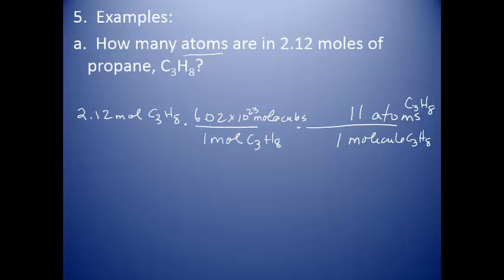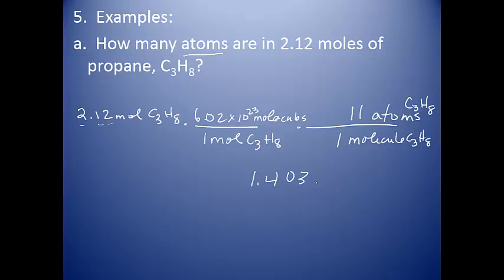This 11 is kind of an absolute. We don't use that one because there are exactly 11 atoms, and we're not going to be using our 6.02 times 10 to the 23rd. We kind of consider that an absolute value as well, and we are going to have just the 3 that we started with. And so when we calculate this out, you're going to find that you get a pretty large